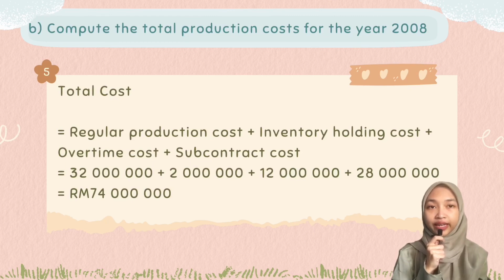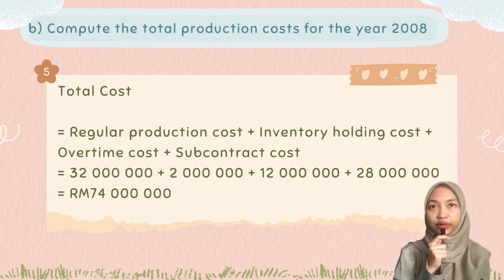Finally, we need to add up all of the costs we have already calculated, which is regular production cost plus inventory holding cost plus overtime cost plus subcontract cost, equal to RM32 million plus RM2 million plus RM12 million plus RM28 million. So, the total production cost for the year 2008